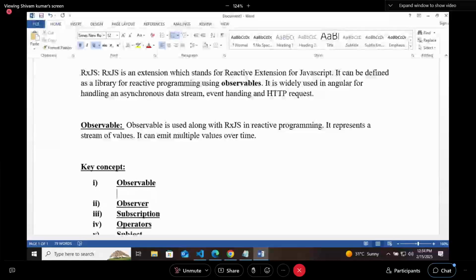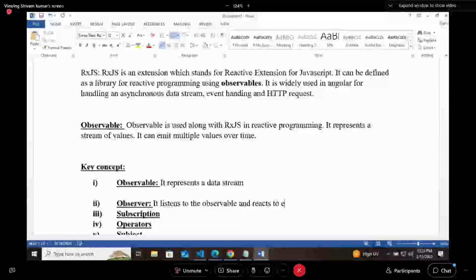Now we will define them. What is observable? It represents a data stream. What is the observer? It listens to the observable and reacts to emitted values.